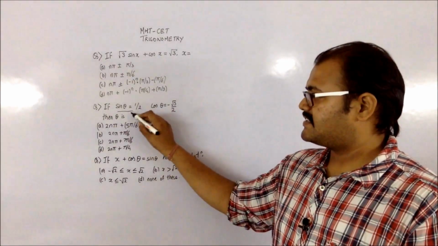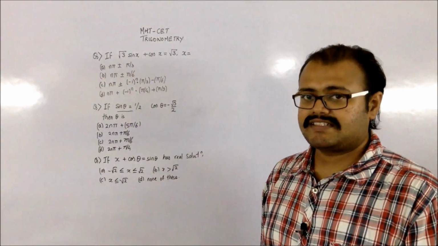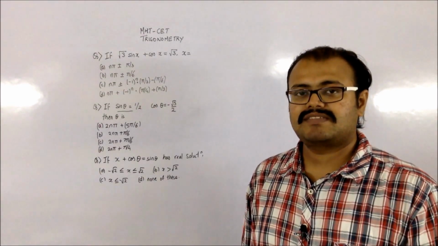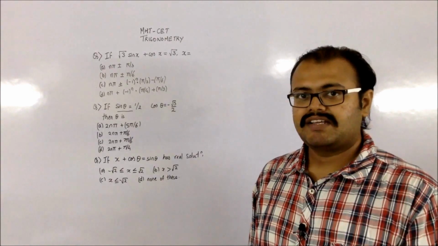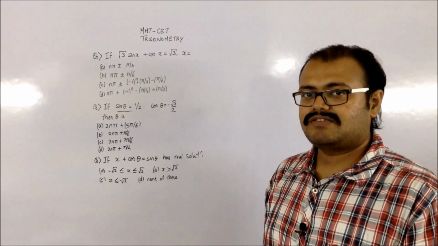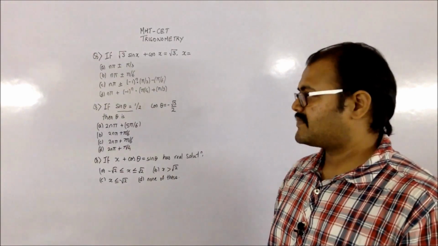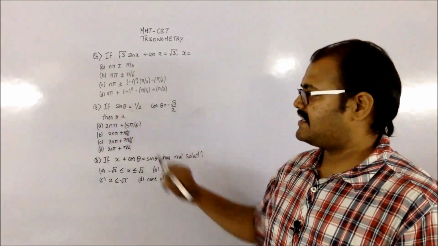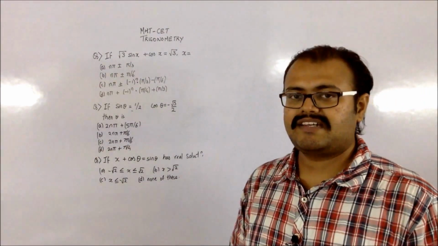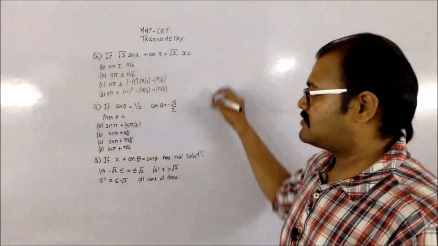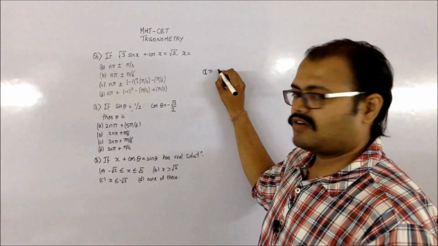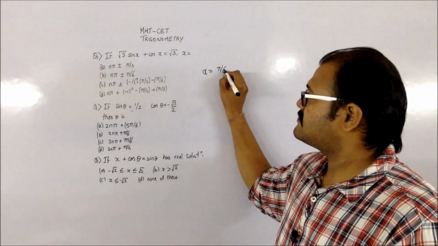Now you can see that you require the sine as positive and the cos as negative. So that is only possible in the second quadrant. So once you understand that it is going to be in the second quadrant, you require to find the theta angle for it. Now you have your sine theta as half. So what you do is you first of all find the corresponding value in your first quadrant. So my alpha in the first quadrant will be having the value of 30 degrees, which is pi by 6.